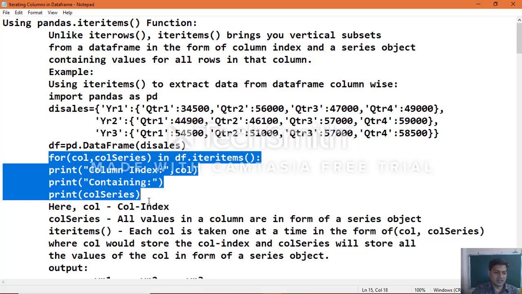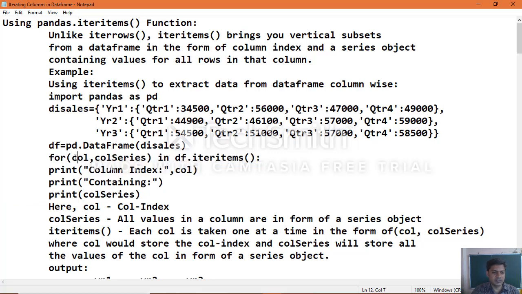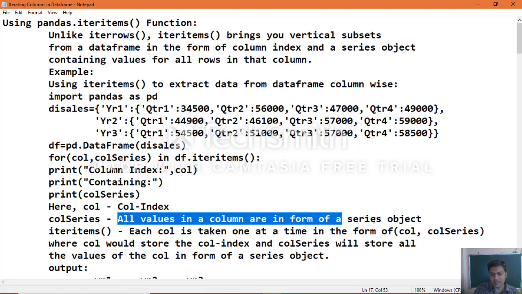Here col is the variable we use in the for loop; the first one is column and the other is column series. The column is what we call the column index, that is, the column header name. The second variable, col series, is all the values in a column in the form of a series object.